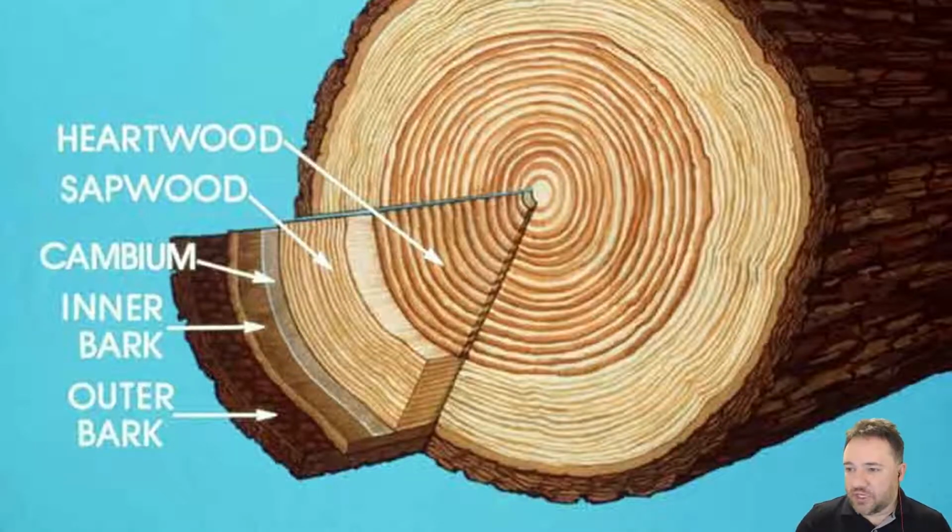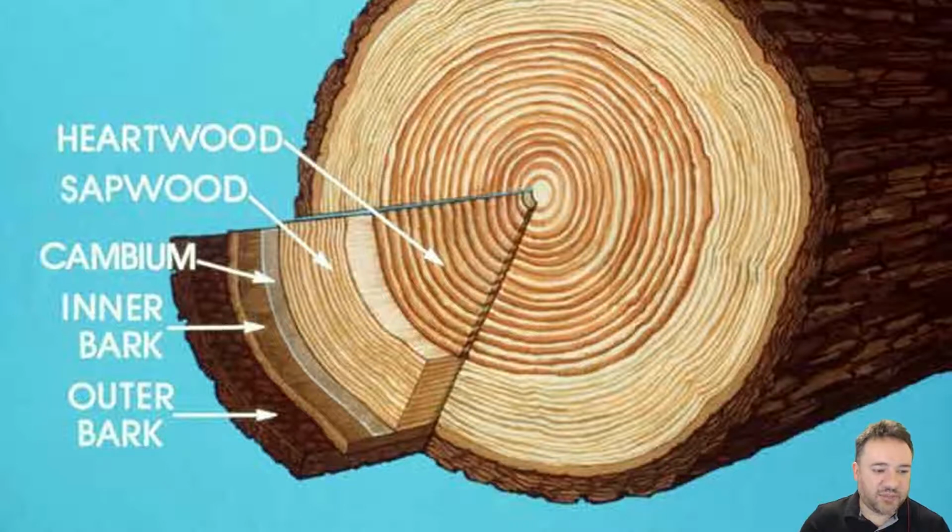The sapwood is where you're going to have most of the movement of materials. So this is the more alive part of the tree as far as moving nutrients and materials. And the cambium, as I mentioned, is the layer in between the interior heartwood and sapwood and the bark. This is where the yearly growth happens. So the cambium grows inside to make the inside of the tree, and it grows outside to grow the outer bark. So the bark you can think of like a sacrificial layer, like our skin,